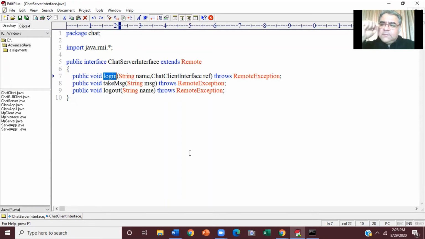In one, we'll keep names, and in the other, we'll keep those stubs. The only problem is how will we maintain that relationship? Whose name, whose stub? There is an association that has to be maintained. Name and stub are of the same person. If you use two separate vectors, how will you maintain that association?